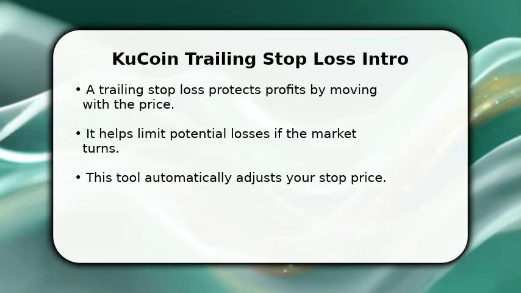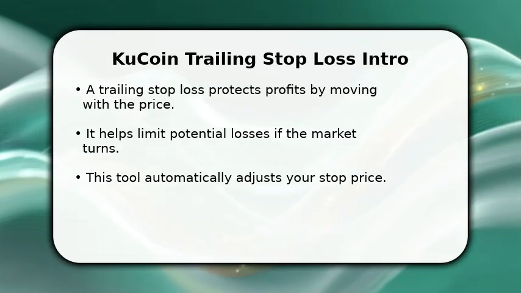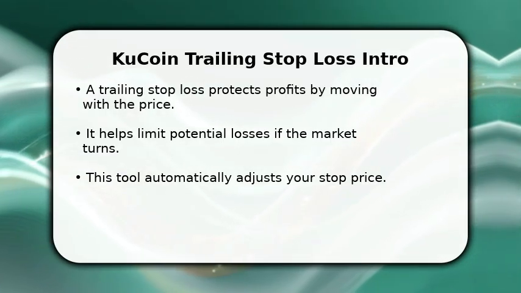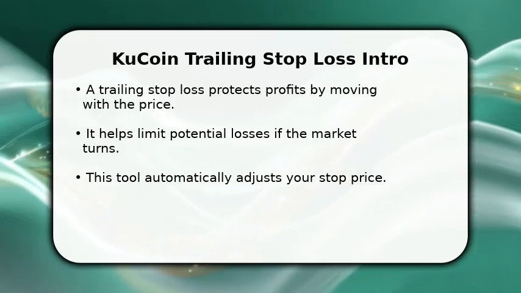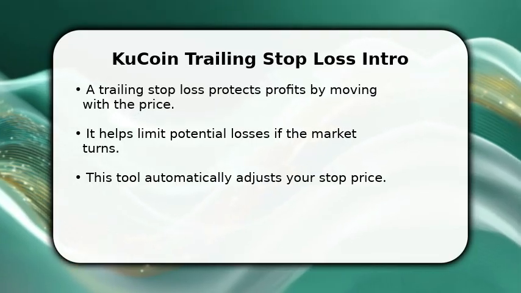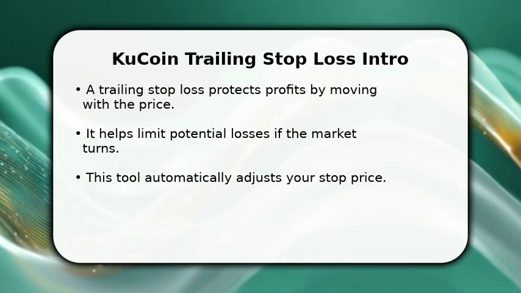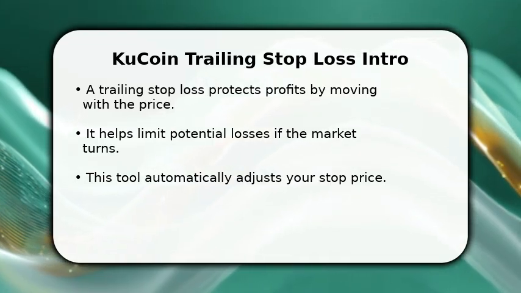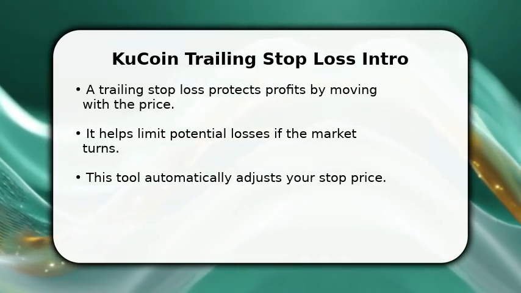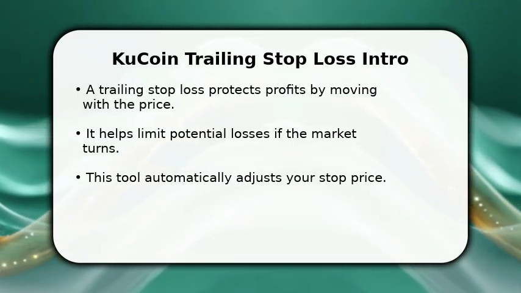In this video, I will explain how to use trailing stop loss in KuCoin. This powerful tool helps you secure profits and minimize losses by automatically adjusting your stop price as the market moves favorably. It is a dynamic order that can be incredibly useful in volatile markets, allowing you to ride upward trends while protecting your capital. We will cover the easy method to set it up, ensuring you can implement this strategy